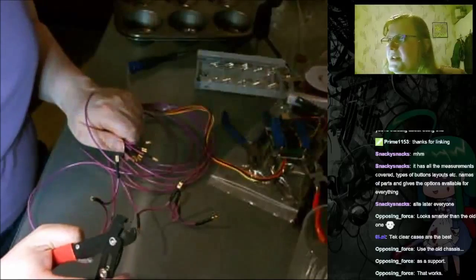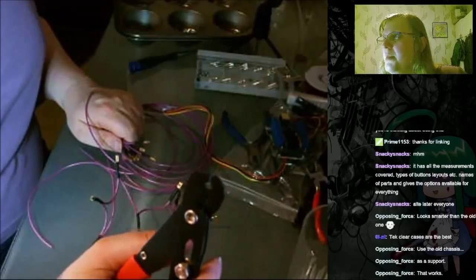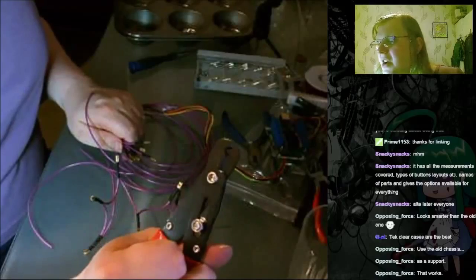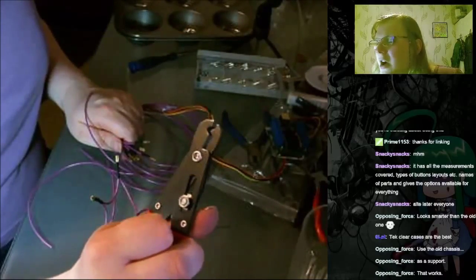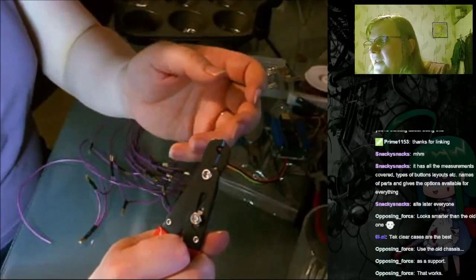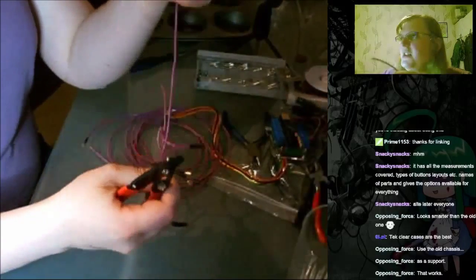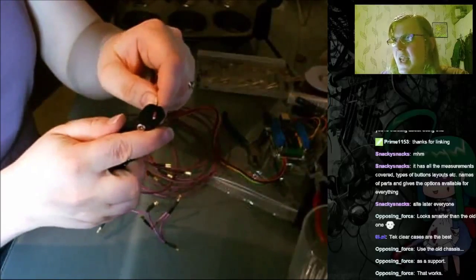These are wire strippers. They've got a sharp diamond edge, and it's also got this screw here so you can't close them all the way. The idea is that you set it beforehand so that the hole it makes in the middle is big enough that it doesn't cut the core of the cable, but small enough that it cuts the sheath on the outside. So we take a set of these, we put it over there, and you just basically